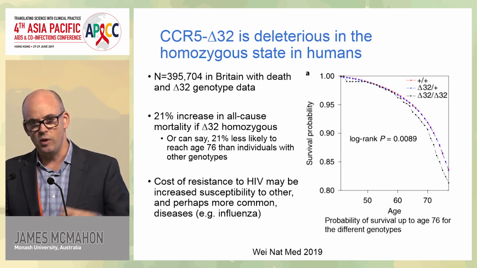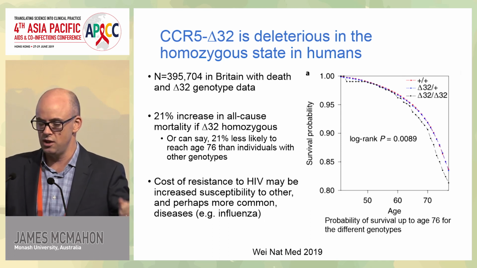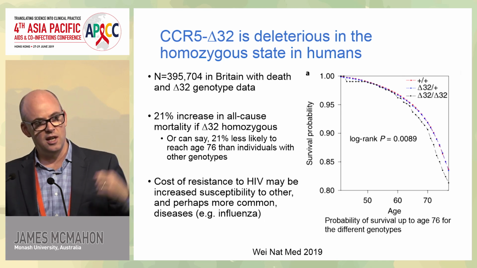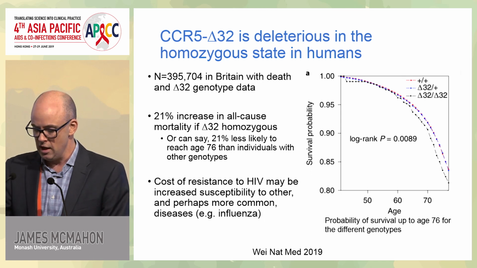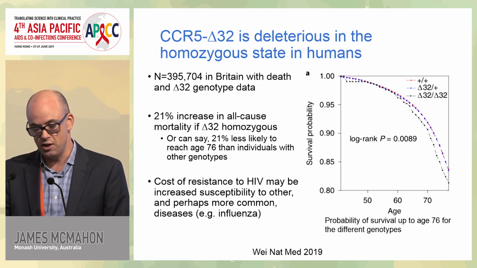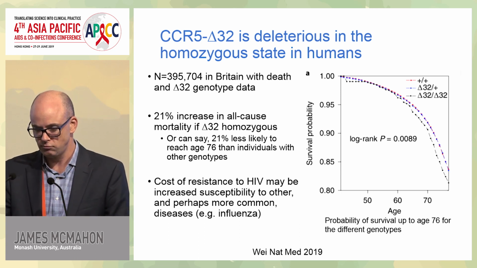So this is really interesting. We always think of the positive benefits of this delta 32 homozygous deletion and what benefits it could have for people with HIV, but actually this is the idea that you don't fully understand all the deleterious effects when there are manipulations to the genome. It's a fascinating use of this registry data, and it shows that when we're doing things, we've got to think about off-target effects and long-term effects.